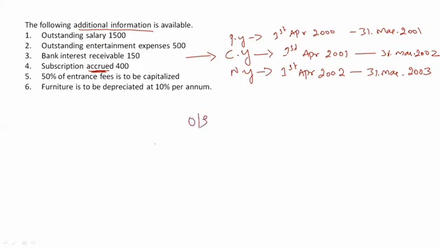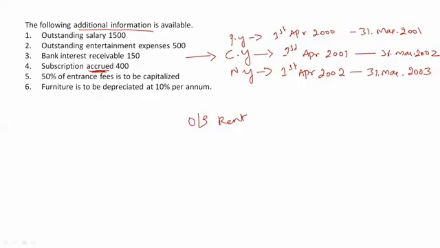How is it outstanding, right? We know the meaning of outstanding. Suppose outstanding rent, what does it mean? It means that I had to pay the rent, still I have not paid it. Accrued is the opposite of that. You can call it receivable. I had to receive a certain subscription of rupees 400, but still I haven't received it.